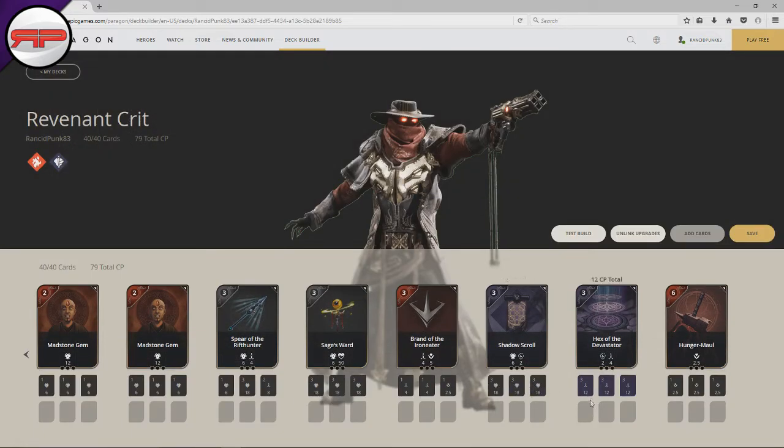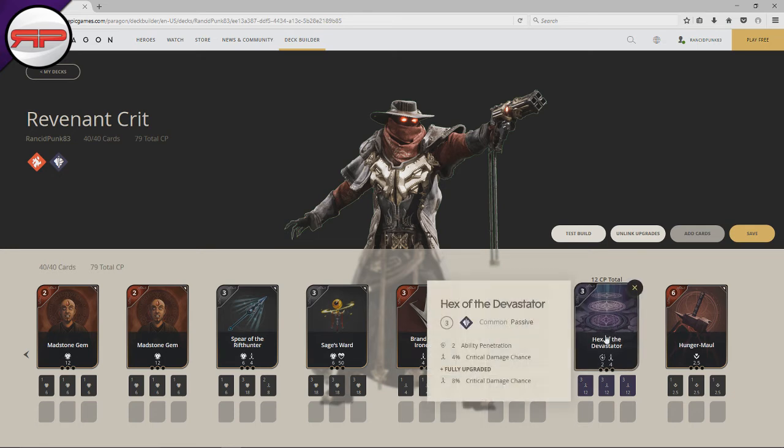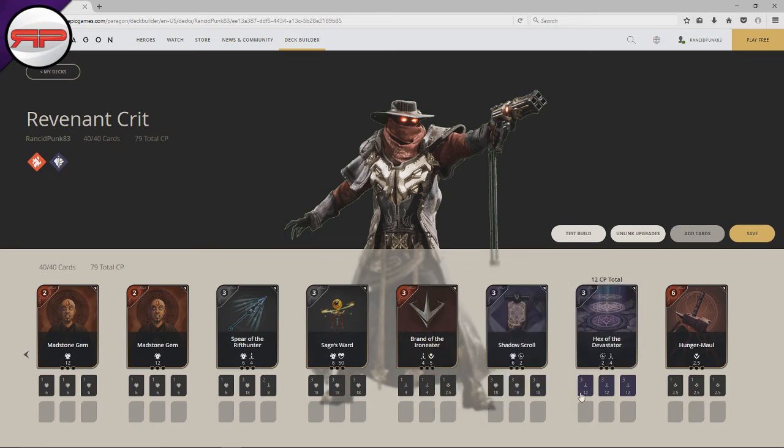We have a Hex of the Devastator, which this is the first time I've ever used this card, and I love it. Finally using it, so I'm using it because it makes sense, because it's crit and ability pen. With 3 major wounds and a hunger ball with 3 lesser drains. Now this might seem like a lot of stuff and like it's not going to do a lot of damage,